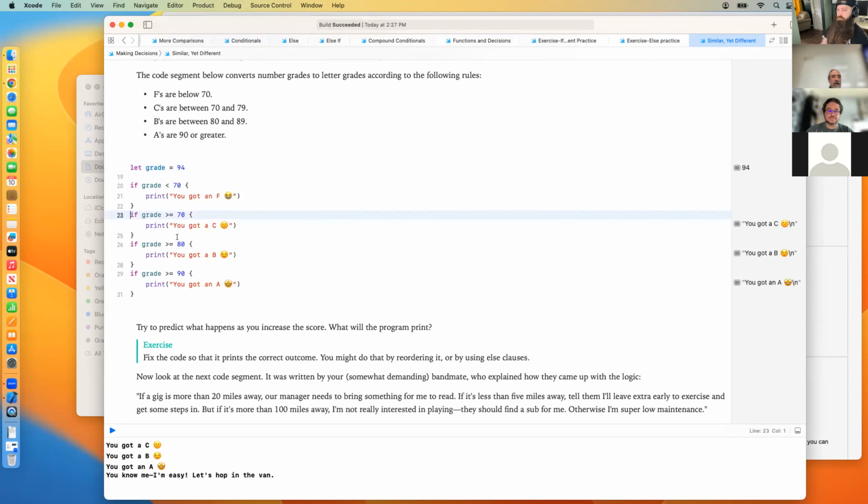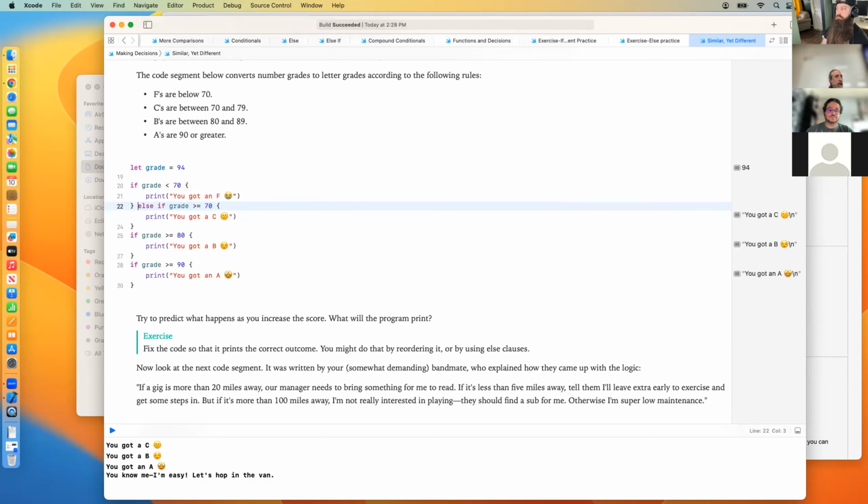And do we want to make these else's or else ifs? Let's talk about that first. I want that to be an else if, right, because we need to check the condition. So if the grade is less than 70, you got an F. Else, the grade is greater than or equal to 70,